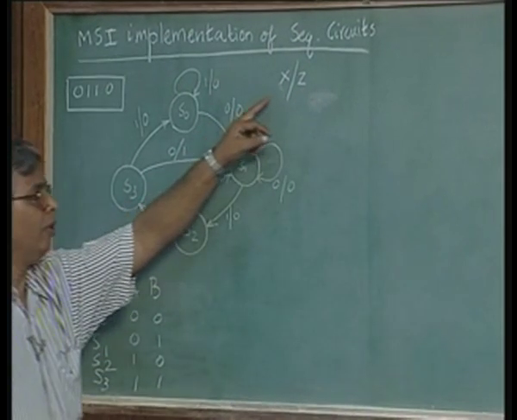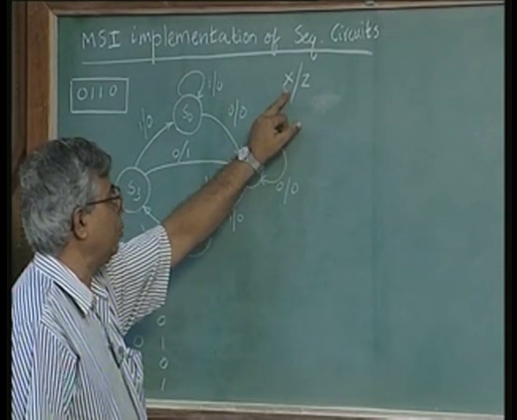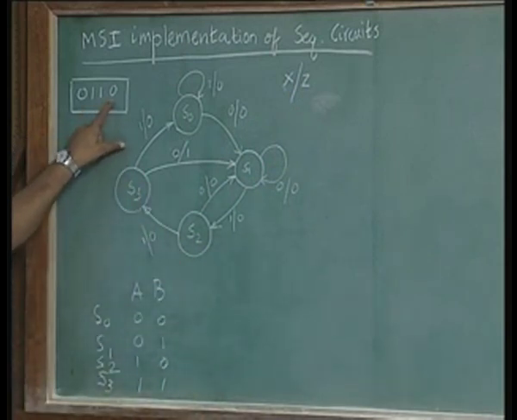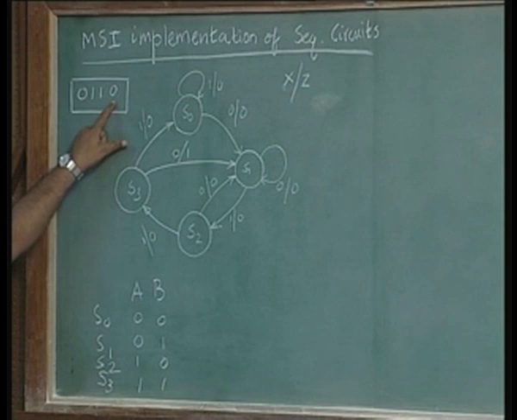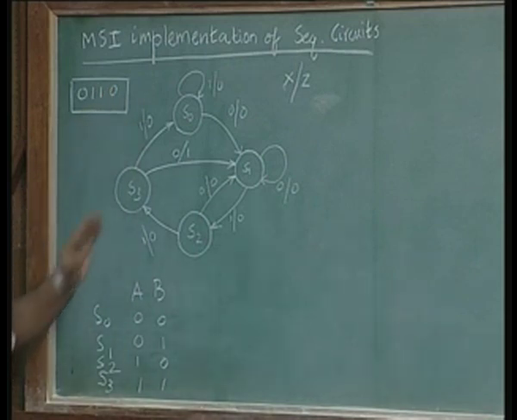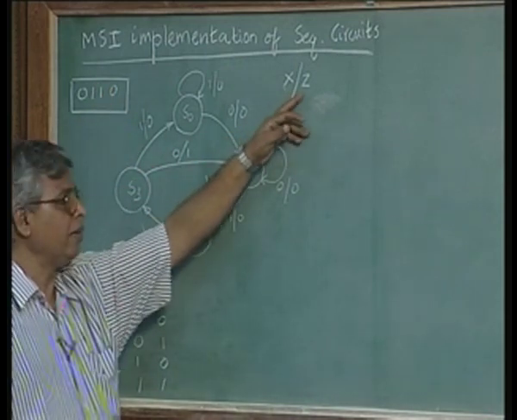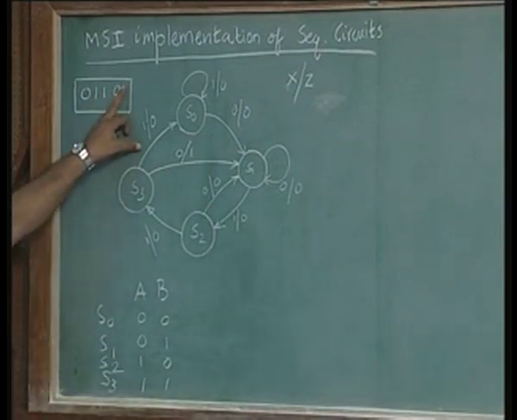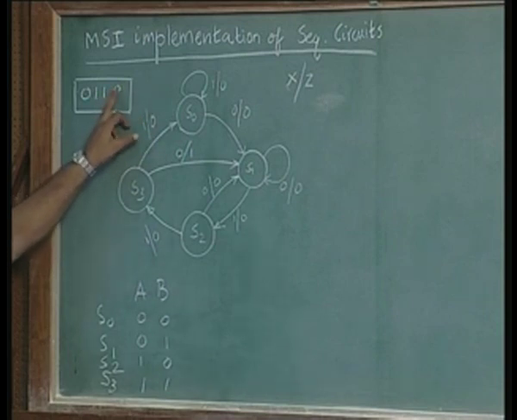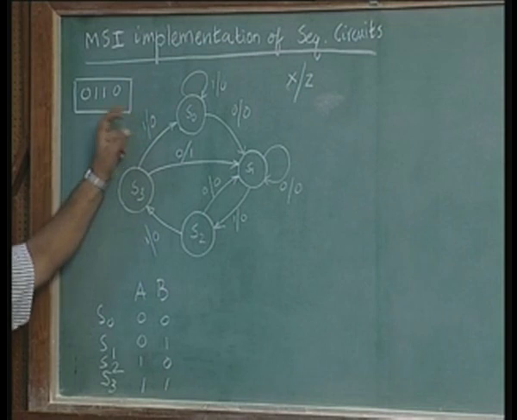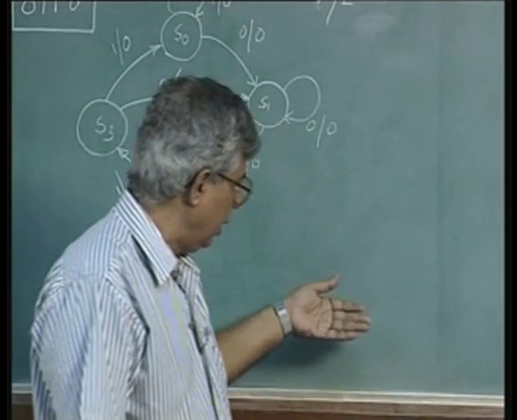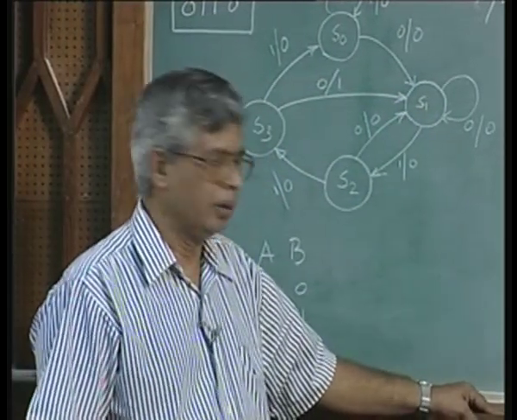The input bit stream we indicated by X, and the output Z, and whenever a pattern 0 1 1 0 is obtained, Z, the output will be 1 corresponding to the last bit of the pattern, and all other times Z will be 0. We also said there is an overlapping pattern. That means if another 1 1 0 occurs, this 0 would be taken as the first bit of the next pattern also. So anyway, this is a simple review, because this sequential circuit design would already have been exposed to you in your previous course in digital systems,